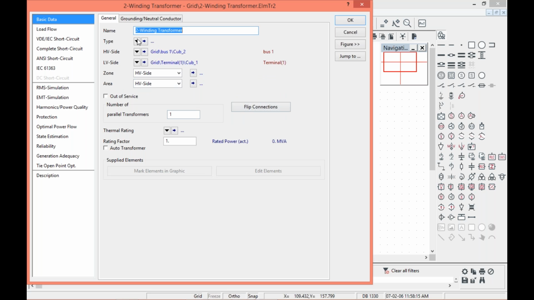Like here, I don't edit anything. Click on the type. There are 3 options available: global type, project type, and new project type. So on clicking on the global type,